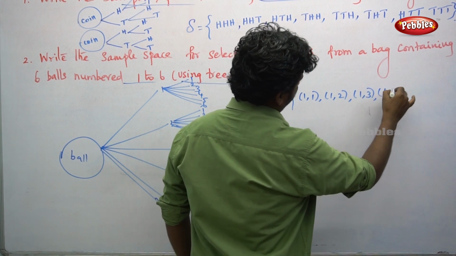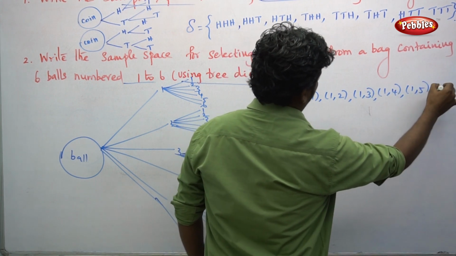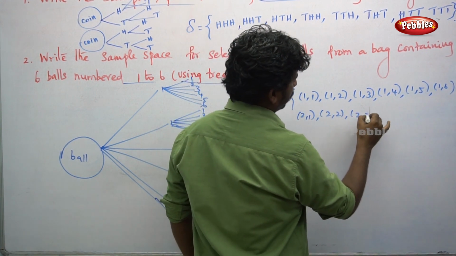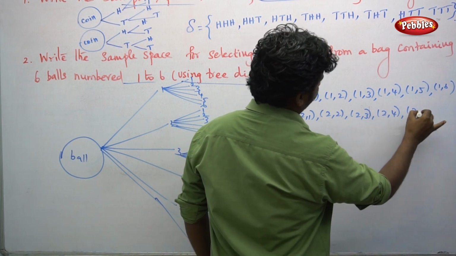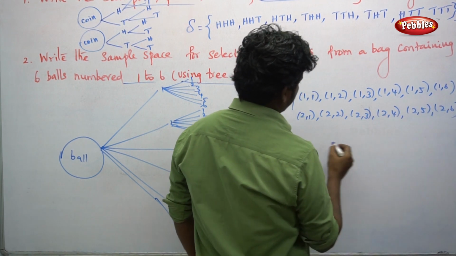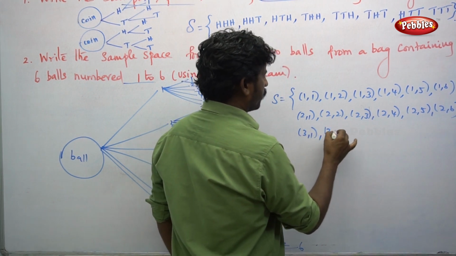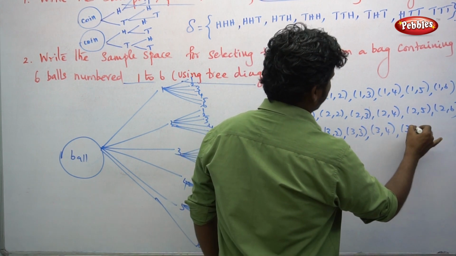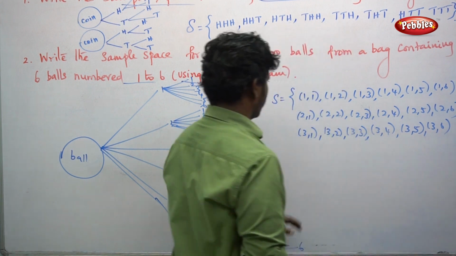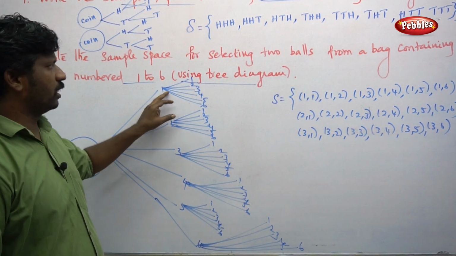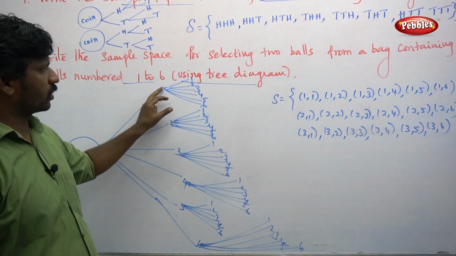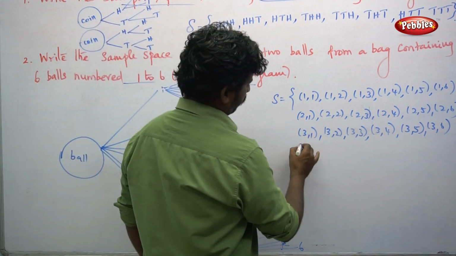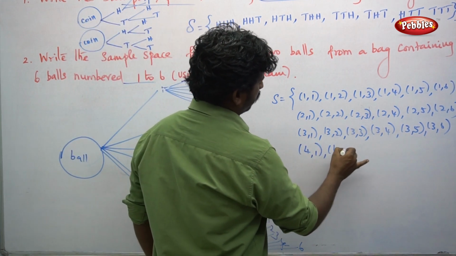1 3, 1 4, 1 5, then 1 6. அதே மாதிரி 2 1, 2 2, 2 3, 2 4, 2 5, 2 6, then 3 1, 3 2, 3 3, 3 4, 3 5, 3 6. இது எல்லாமே இதை பேஸ் பண்ணி தான் எழுதுகிறோம், 1லேருந்து 1 1, 1 2, 1 3, 1 4, 1 5, 1 6 அப்படி வருது இல்லையா. ஸோ அதே மாதிரி எல்லா நம்பருக்கும் எழுதுகிறோம், 4 1, 4 2,